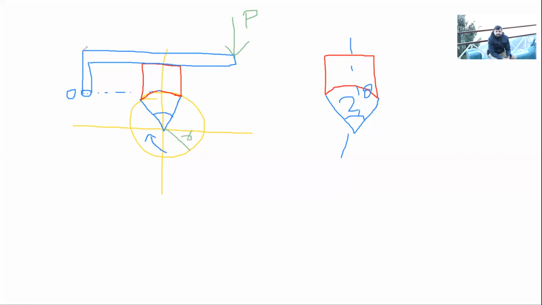All right, and the perpendicular distance of this force which we are applying from the fulcrum point is L. And the distance of the center line of the wheel is x. I'll explain this on the other diagram also. Since we are applying force over here, we will be getting some reaction from the wheel on this pad, this red colored pad.